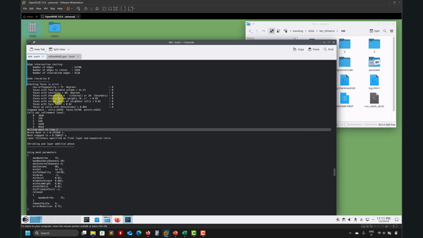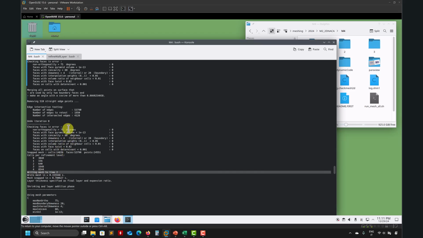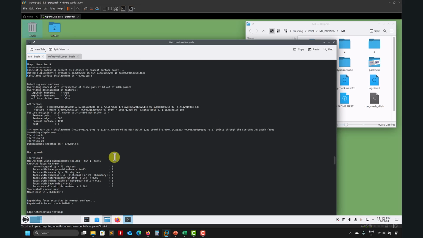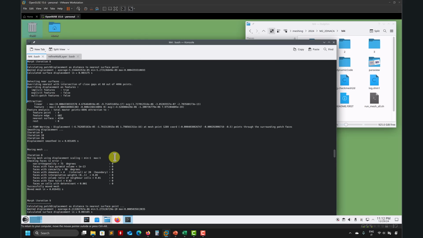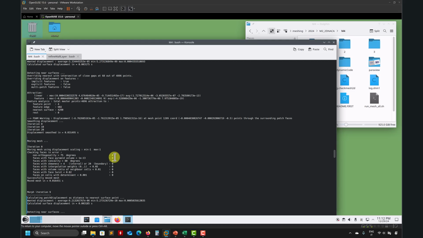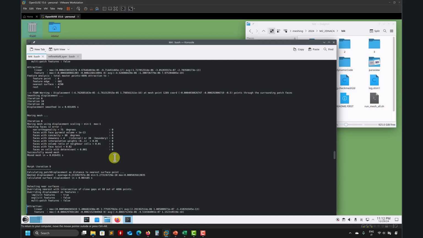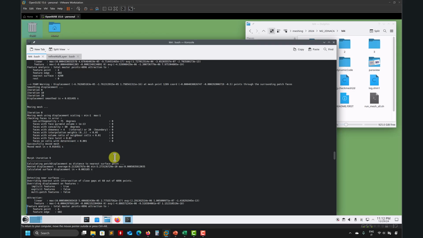So the body fitted ended, and as you read here, you will see that there is a lot of information. You can take a look at the quality metrics. You can do some debugging to see what is happening. I have to say that I have done a lot of debugging in Snappy to understand how things work. So I have my own version that I modify to get full boundary layer coverage and to solve problems. But